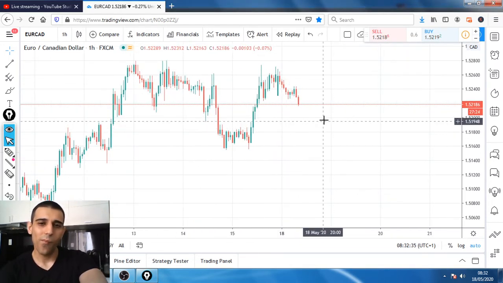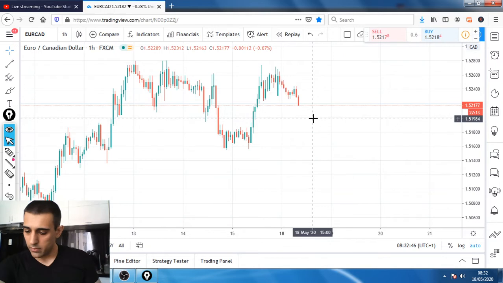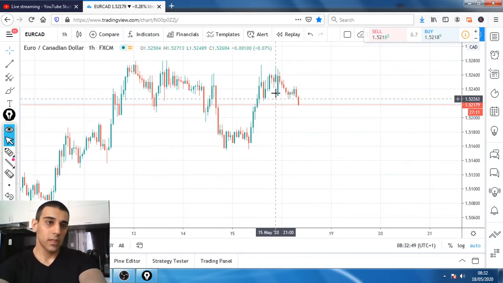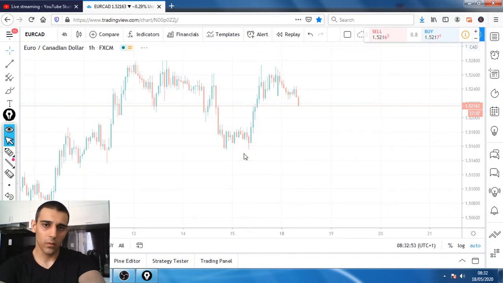So yeah, I would say no on this trade as far as the shorts go, and I can't really justify the long trade yet. So okay, let's go for